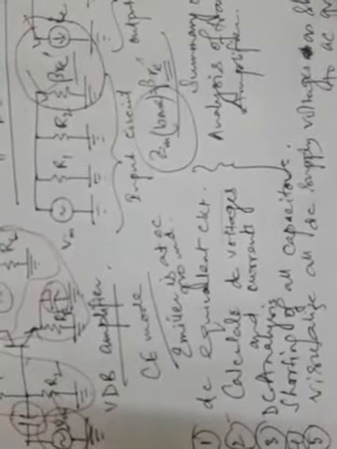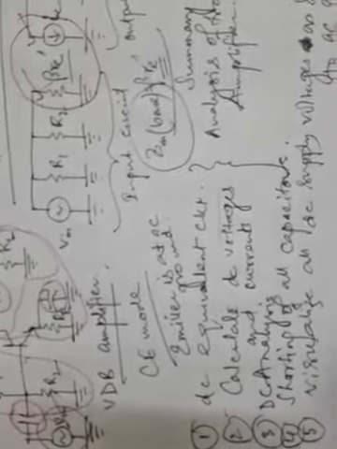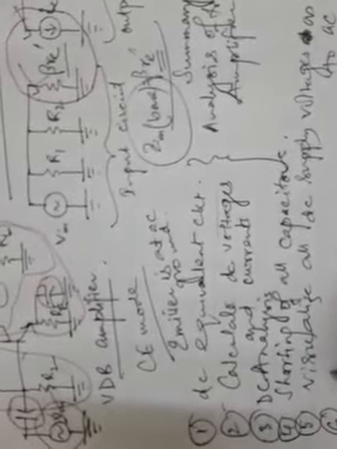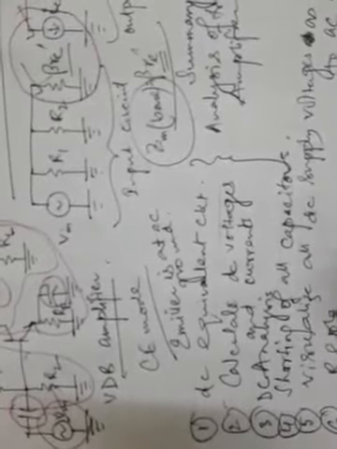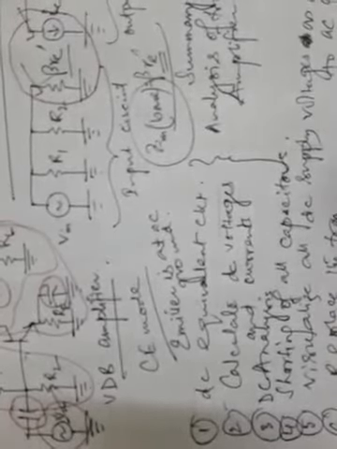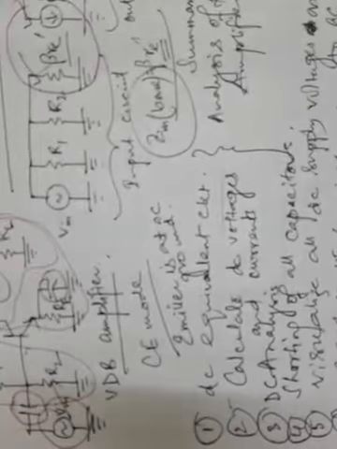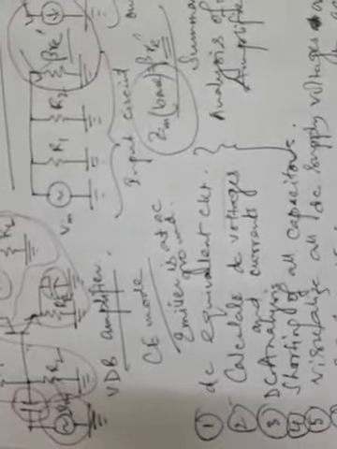I have explained this to you in the earlier lecture also. Then step number 6 is to replace the transistor with its pi or T model, because for AC analysis you need to use the pi or T model instead of the transistor itself. And finally, when all these things are in hand, you draw the AC equivalent circuit.